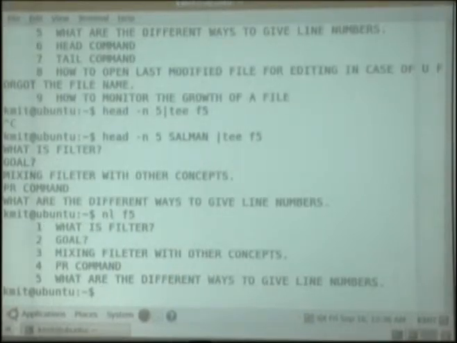Okay, it is also printing onto the console, and also it is storing the temporary result in another file. So T is one of the commands which is used to store the temporary results of the command. Now we will see other commands like cut and paste.